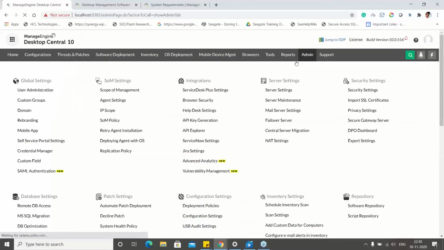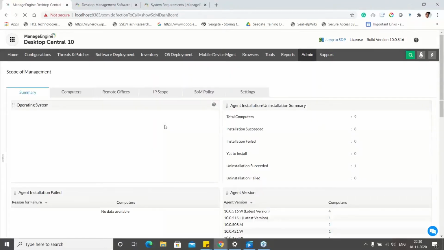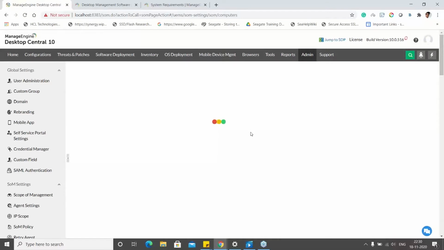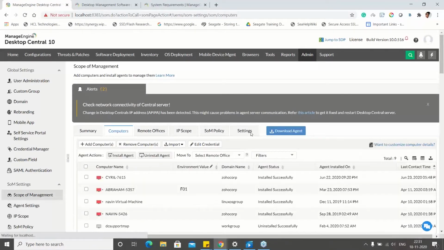Another way is that we also have an option to deploy the agent with the help of a GPO. I can very well install the agent with the help of GPO, with the help of the product. We will give a startup script, in terms of a PowerShell or a VB script, and you can very well install the agent here.